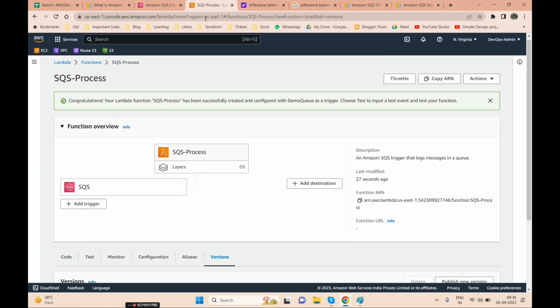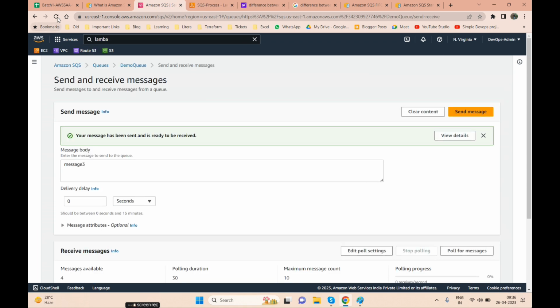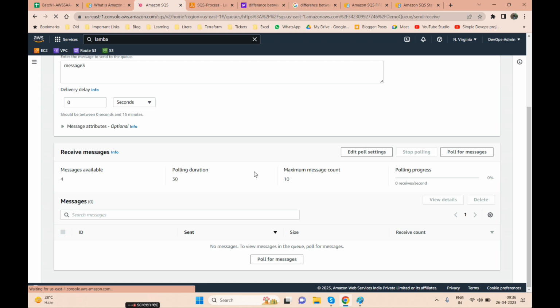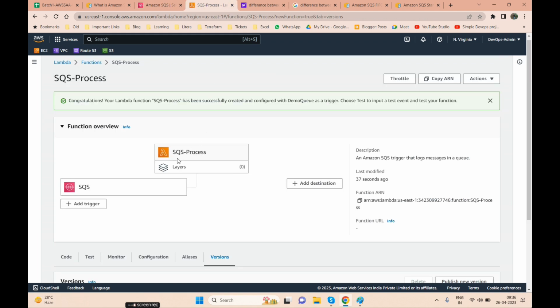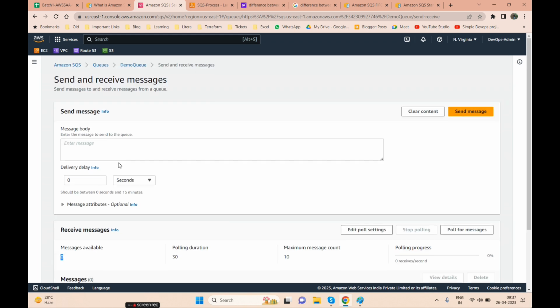See, the function has been created. Now just go and refresh this page. Let's see what happened here. See, automatically those messages are being processed. Lambda is triggered by SQS automatically, and it has processed the requests.